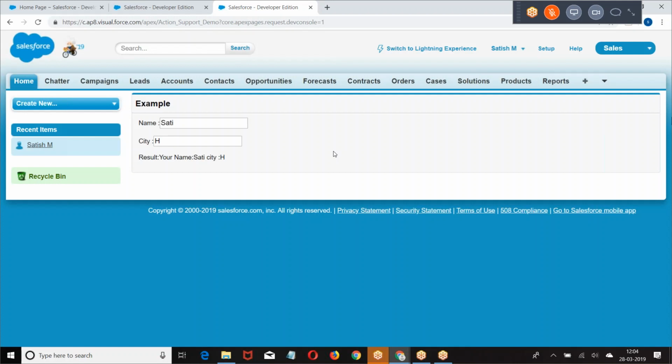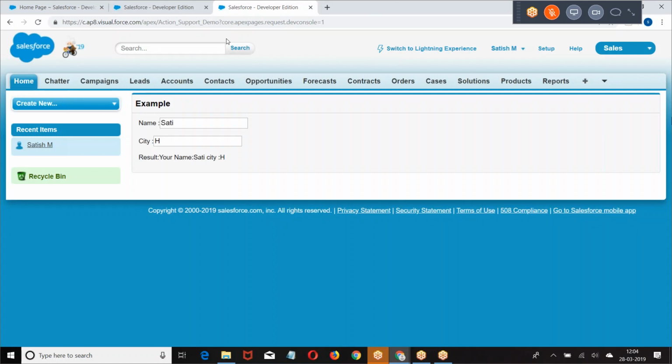Where will you define action support? Open the element, action support, close the element. I hope you're good with this. Now, let us go to the next concept. What is the drawback of this? When I want to apply the same thing for 4 elements, 4 times I have to define it.